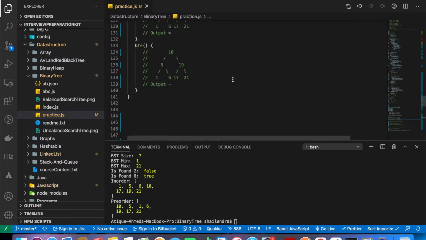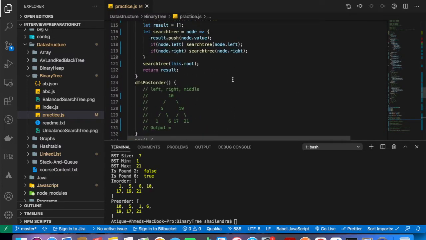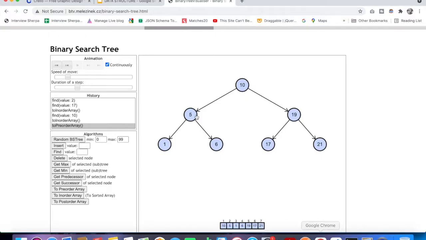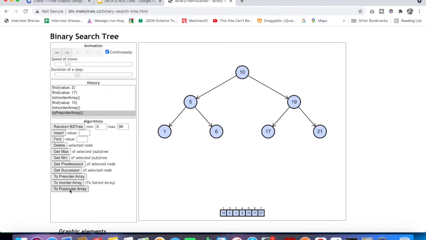Alright, so let's go and discuss the post-order concept in depth first search. Post-order means left, right and middle. So if I click on post-order, you can see that it will traverse from 10, 1 will be coming here, then it goes to 5, then 6 will be coming here, then it will bring the 5 down as well.